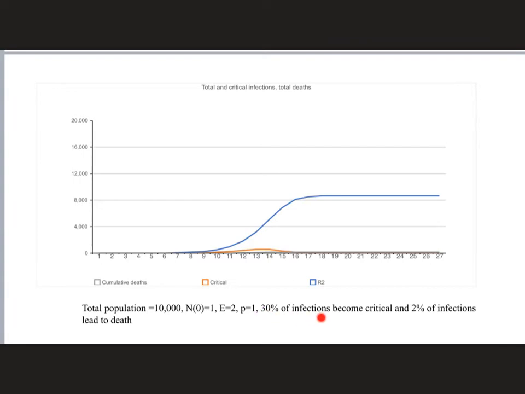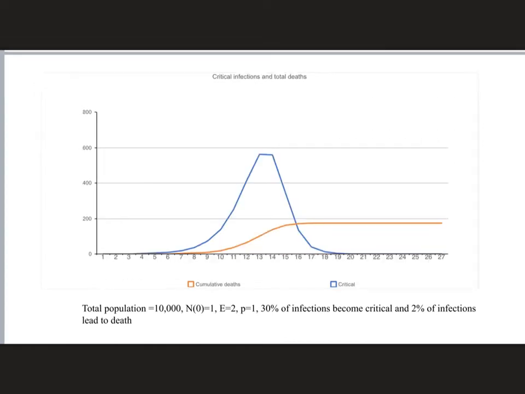Let's assume that 30% of infections become critical, so they're going to be the number of people who require intensive care in a hospital. And let's assume that 2% of infections lead to death. And we've got, as before, the total number of infections in the blue. We've got critical in the orange, and somewhere down there in grey is the number of deaths, but that's not